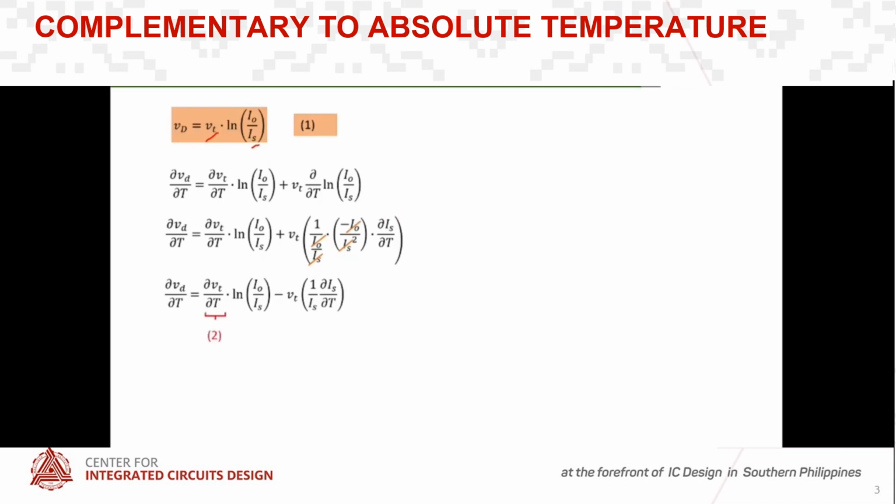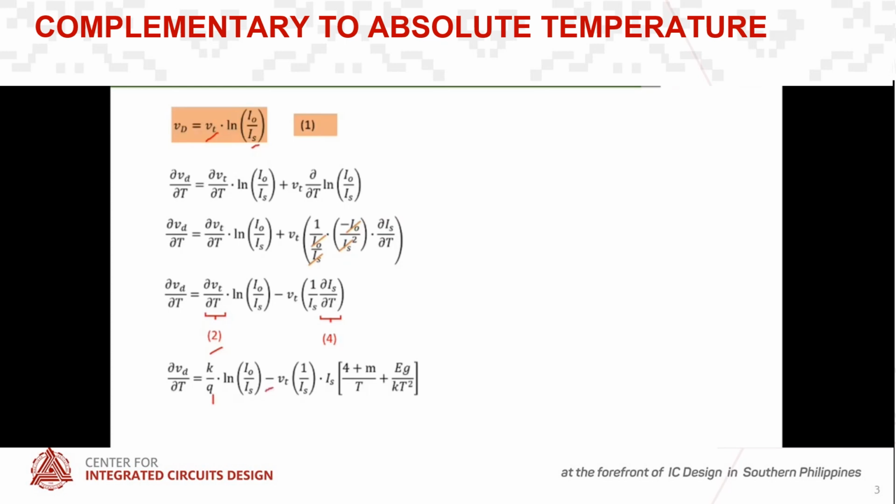We already derived the partial derivative of the thermal voltage in equation 2, and the partial derivative of Is with respect to temperature in equation 4. Substituting those values, recall that the partial derivative of Vt with respect to temperature is equal to k over q. So we have k over q times ln(Io over Is)